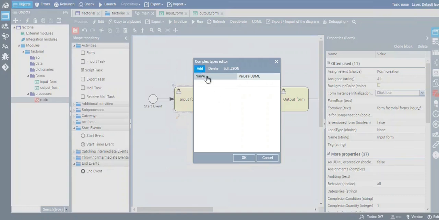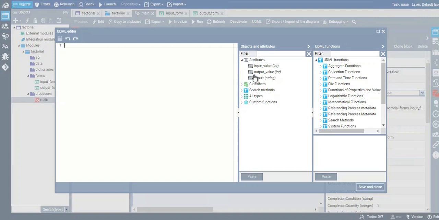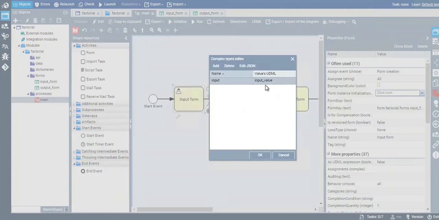Click Add, an empty line will appear. In the left column, we will select the form attribute Input. In the right column, we will specify either a UDML expression or a process attribute. Please note that the types of the specified process attribute and form attribute must match. For example, we can pass a string to a string, an integer to an integer, a complex data type to